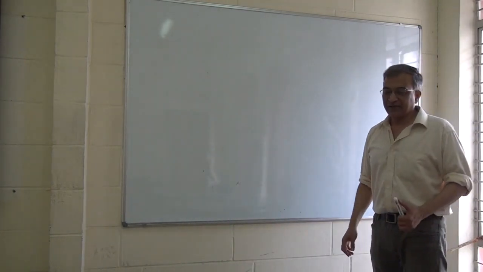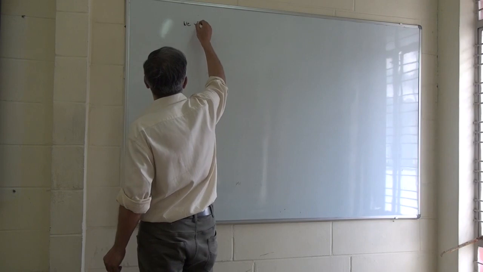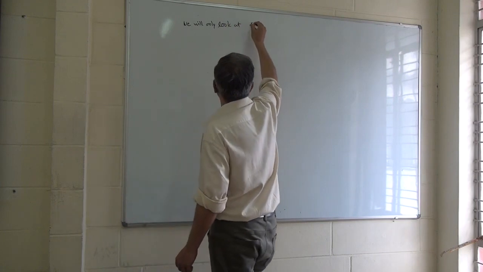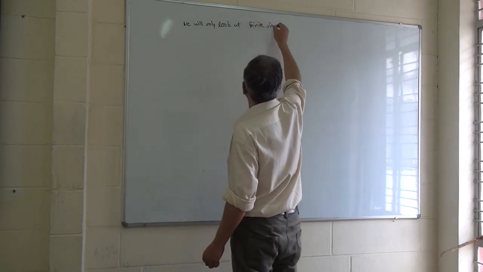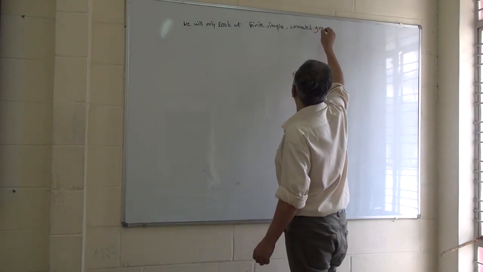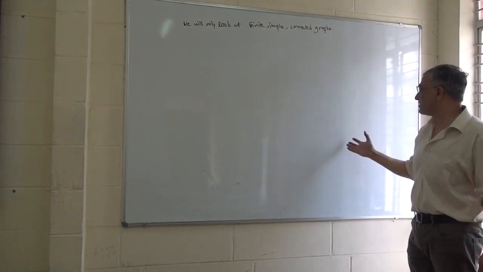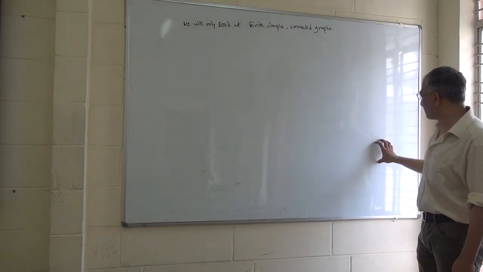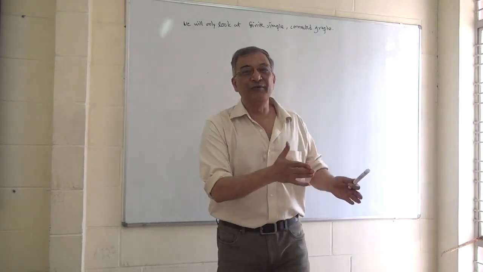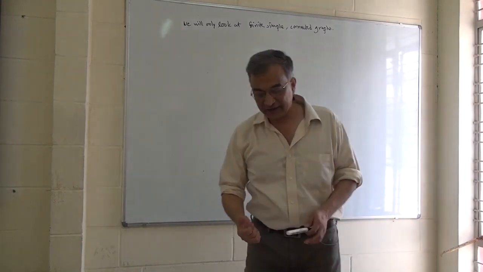So here is one question. From now on we will only look at finite, simple graphs and connected graphs. If it is not connected, then we look at one connected piece of it, study it, understand it, then look at another connected piece, study it, understand it. So we can understand the entire graph piece by piece. Ultimately, if we understand all connected pieces, we will understand any graph. That's the logic behind only looking at connected graphs.